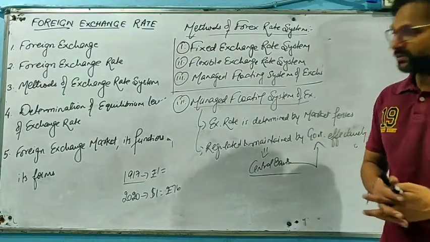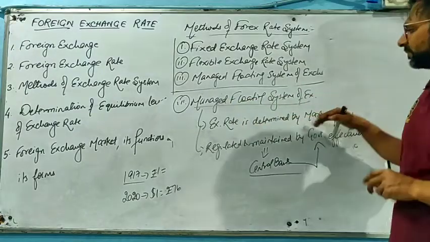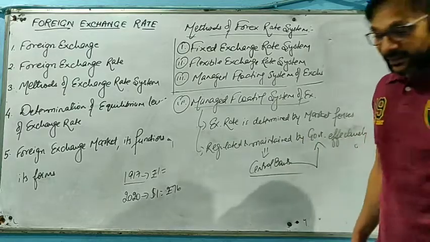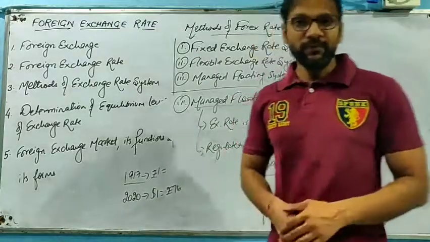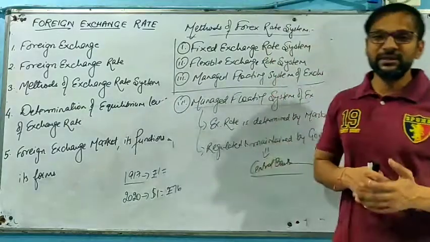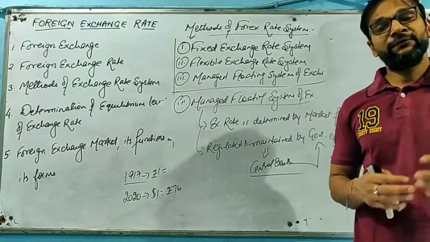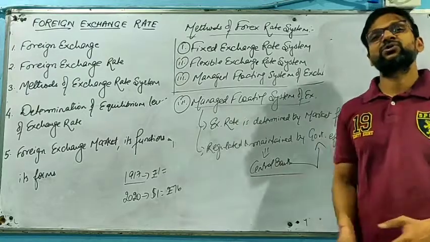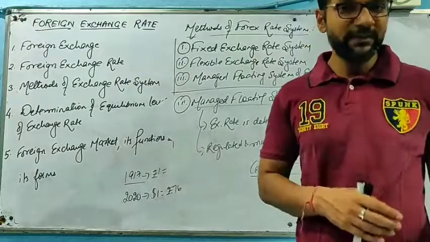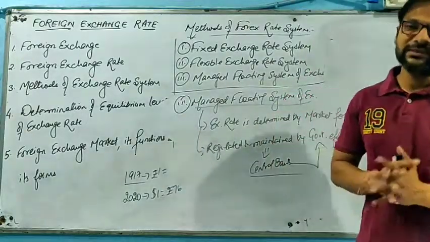Okay? So this is basically the managed floating system, where the exchange rate is determined by market forces but regulated and maintained by the government effectively. It leads to the control of fluctuations. Plus, it leads to healthy venture capital and a good source of FDI investment, right? And the trade alliances can also be made very suitably, so that none of the countries or companies of foreign nations are adversely affected by our country's currency.